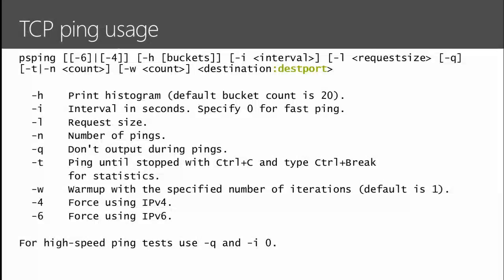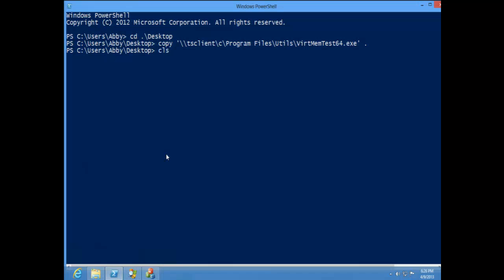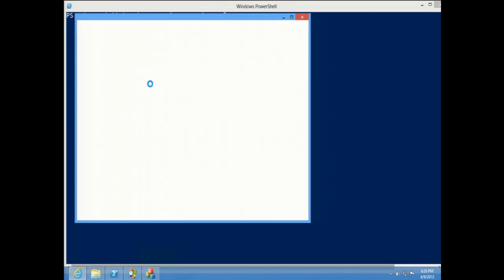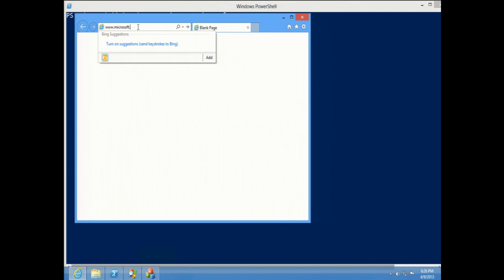And in fact, let me demo this really quickly. Assuming we have an internet here, if I do ps ping www.microsoft.com, well, actually, let me make sure we have Microsoft.com first. Yes, we do.